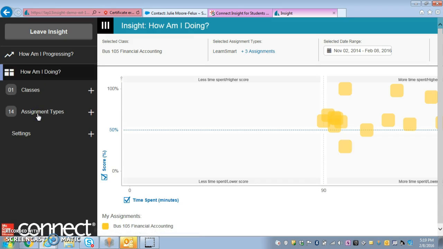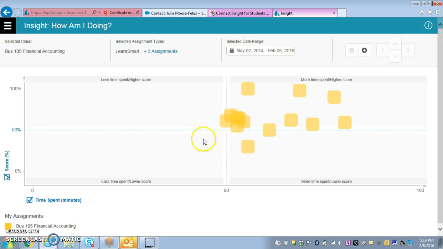And here is the How Am I Doing setting, which is going to show them how they're doing in a quadrant style view. This is the score versus the time spent. This quadrant over here means that they had a high score and they didn't spend as much time. This is more time spent and they had a high score. So this obviously shows that this person